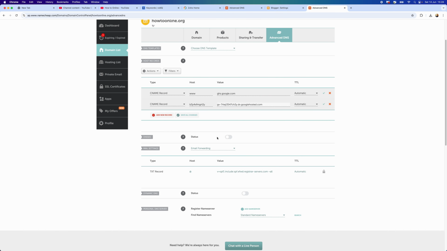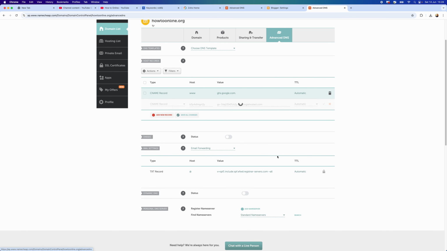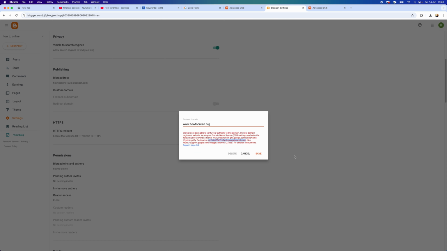And then once you've added both of the CNAME records, you can simply click on the tick icon to save both of these. And then as you can see, you will then be able to go back to Blogger and then simply click on save. Once you click on save, what that will then do is it will then add this custom domain on your